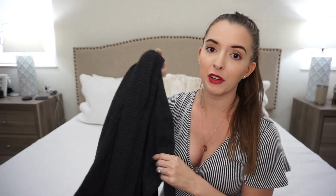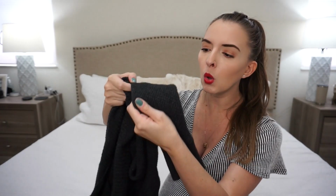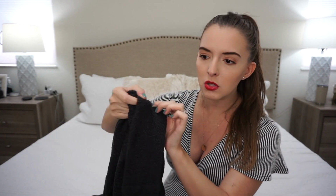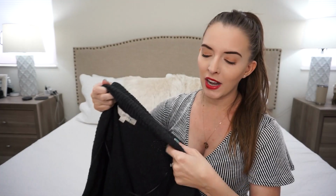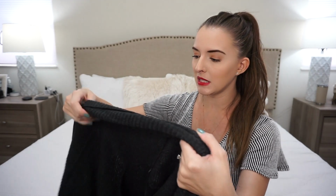One of the things that I have found in my experience with thrifting and sweaters especially, sometimes you'll buy an item and you'll bring it home if you're not too careful at the store, and you'll find that it has pulls, or you'll find that there are holes in the material. When I tried this one on, I inspected it, and I did find that there was a little hole,